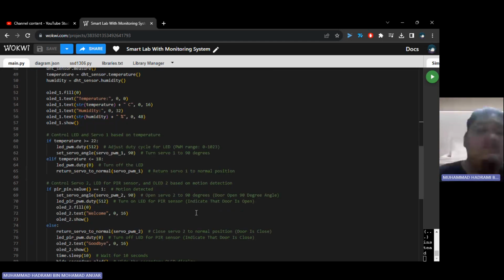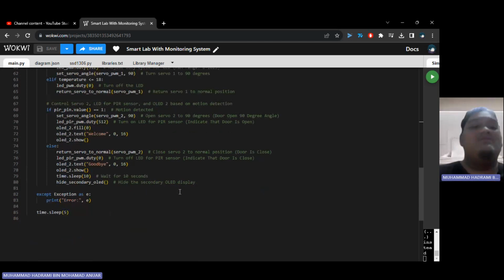After that, for servo motor 2, servo motor 2 is connected to the PIR motion sensor. The PIR motion sensor will send a signal when someone is nearby. If it does, it will turn the motor 90 degrees, which means it will open the door. The door will be opened automatically, and then the LED also will turn on, which indicates that the door is open. And then the OLED will have a welcome text on it